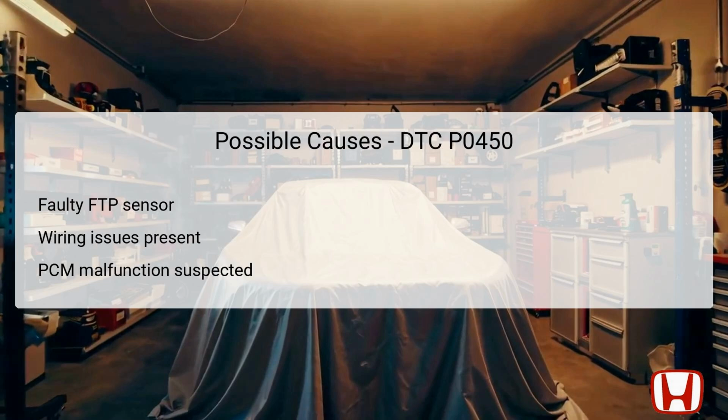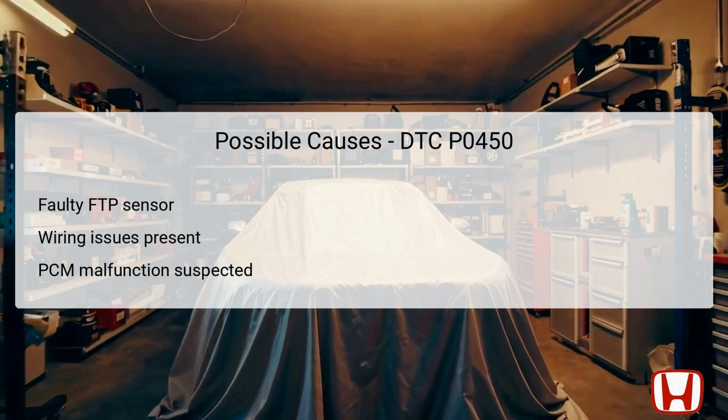Several potential causes can trigger DTC P0450. The primary suspect is a faulty fuel tank pressure (FTP) sensor itself. This could be due to internal malfunctions, manufacturing defects, or wear over time. Another probable cause might relate to wiring issues, such as frayed or corroded wires that interfere with the FTP sensor's